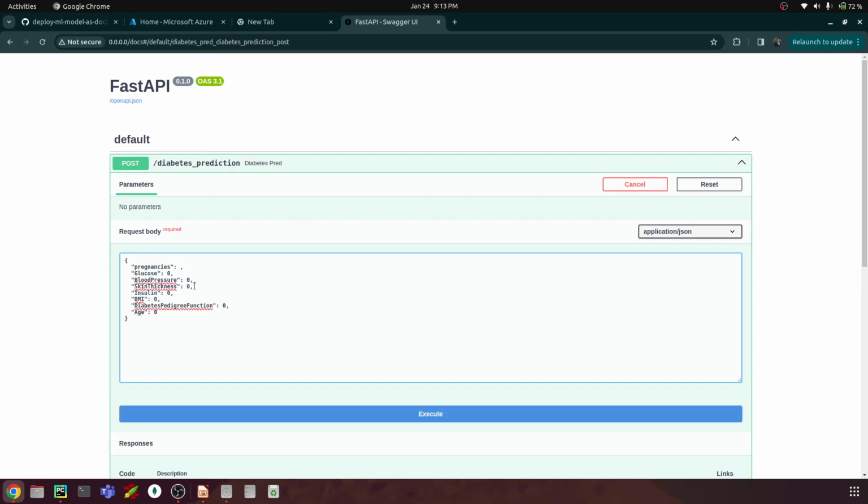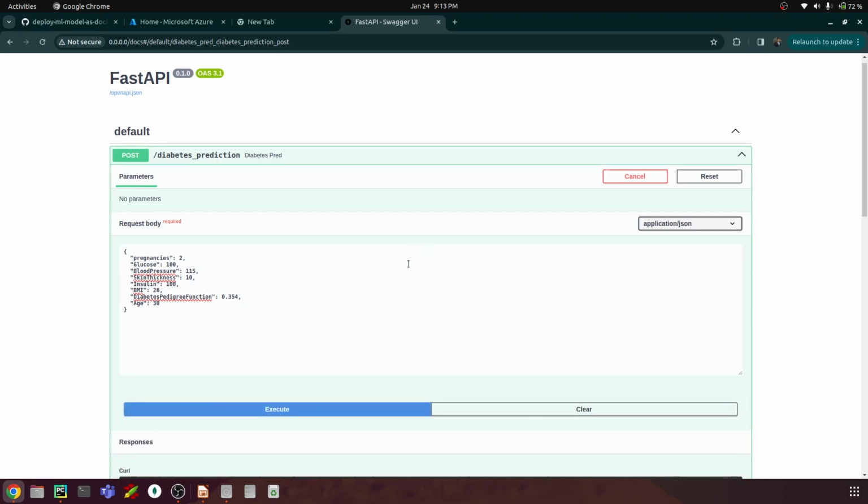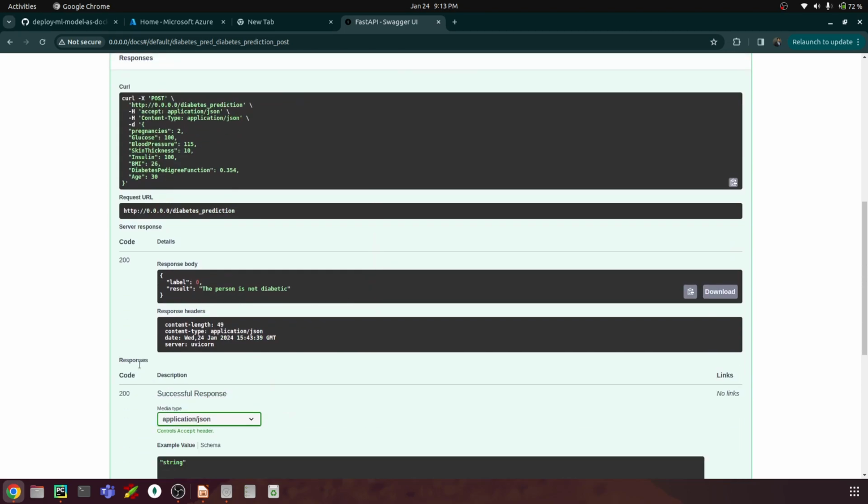So I'll say again 200. Blood pressure is 150. Skin thickness is 10. Insulin is 100. BMI is, let's say, 26. Diabetes predictive function, let's put it as 0.354 or something. Age, let's say 30, right? So I'll execute this. So still now you can see that it's a 200 successful response, and we have this